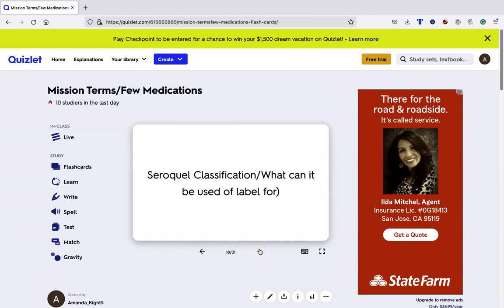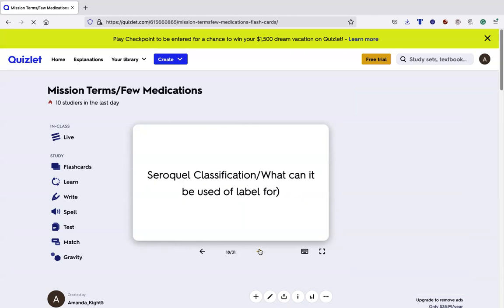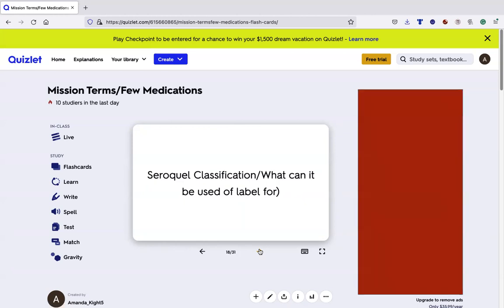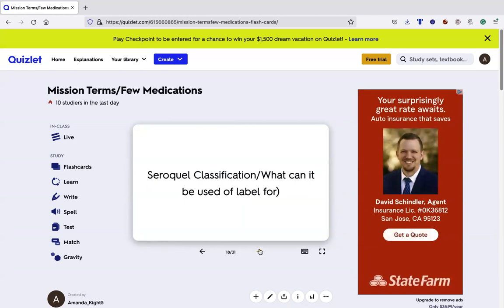But anyhow, moving along. So this one, I can't remember if we talked about it in class, but Seroquel, the classification is an antipsychotic, and it's often used off-label for sleep or agitation. So it's sedating. You don't need to open your drug book and get all the information and cause a big ruckus about it. I'm just mentioning it, and it will be, again, on the study guide if I do test you on it, but it is a medication that's often seen.